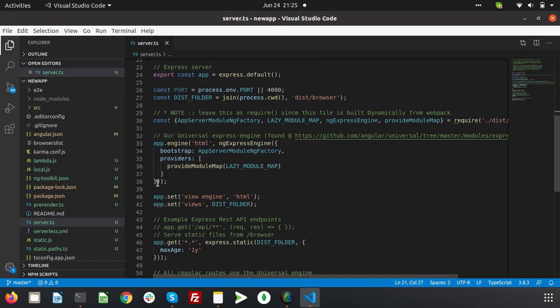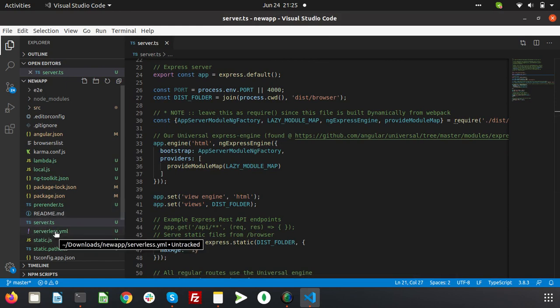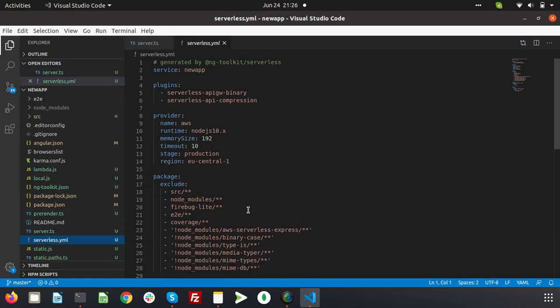You can also see we have obtained the serverless.yml file, and we can make changes over here. For instance, the region in which I want to deploy my Lambda is US East 1, that is Virginia. And over here you can also mention the stage that you want to deploy it in, production or development. That will be dev.